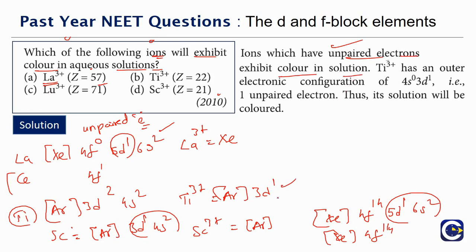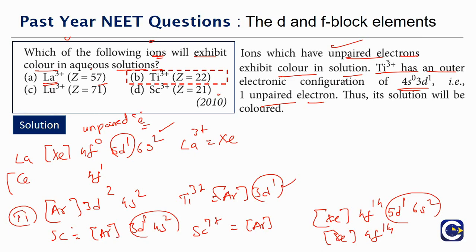The d electron that is there can have d to d transitions because of interaction with the surrounding water molecules, and that will result in the emission of particular radiation. That is the attribution for the color. So we see that titanium is the only one having unpaired electrons. It is having the 3d1, so 1 unpaired electron is there, whereas the others don't have any unpaired electrons. So the one that is going to have color in aqueous solution will be titanium 3 plus. And not only in this case, in most of the other situations also, whenever they're talking about the color of the ions, we have to look for the existence of unpaired electrons.